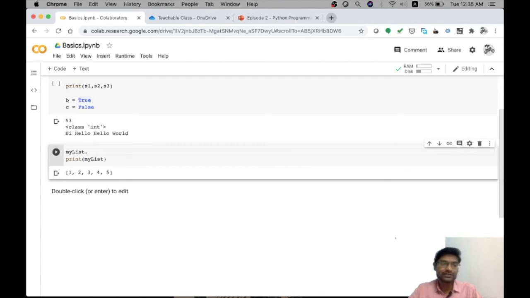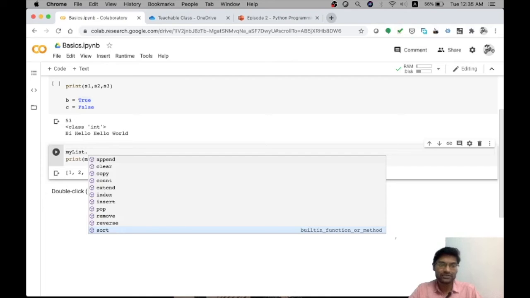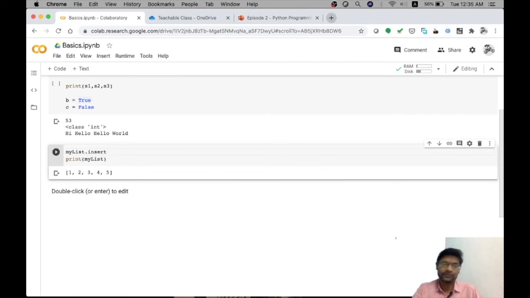So we'll see the further commands. We saw sort, reverse, remove, pop, insert. Insert we did not see, so we'll see that here. To insert any element into a specific position, we have to pass 2 different values into this function. We call mylist.insert, giving the index position and the value.